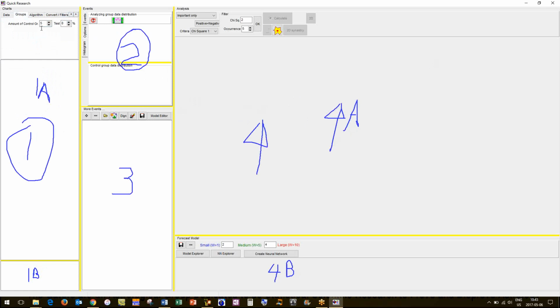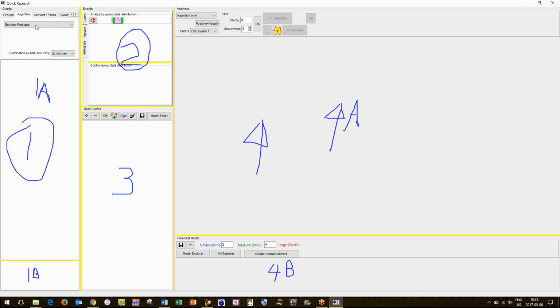This section here is called control groups, where we could set the level of control groups. Here's the algorithm. We could convert files, their synastry, and Davidson charts, where we could create Davidson charts for sets of couples. Now, our primary focus, we're going to focus on some common settings, so we don't have to worry about converting or the synastry.